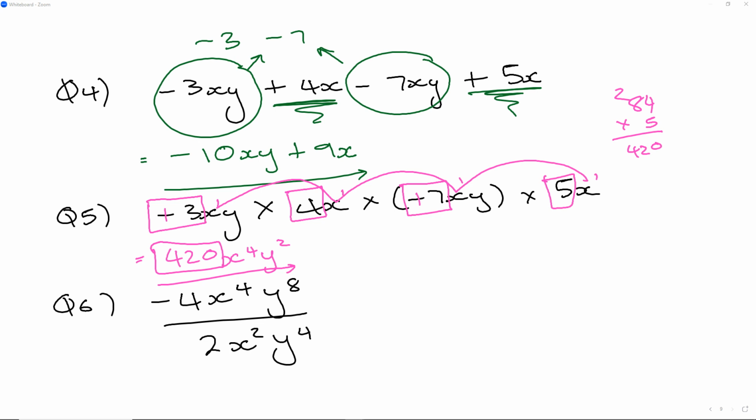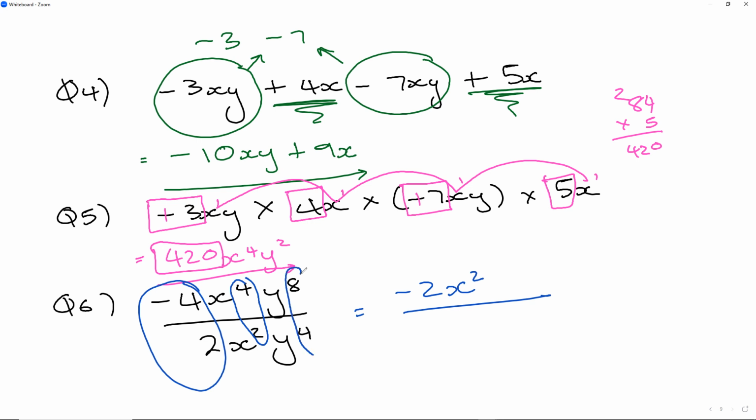Alright, so for the next one, what we have is everything must be in a straight line. So that's going to give you negative 4 divided by 2, which is negative 2 at the top. And then 4 minus 2 is 2 for the x. And 8 minus 4 is 4 for the y. So we get negative 2 x squared y to the power of 4 for this one. Okay,